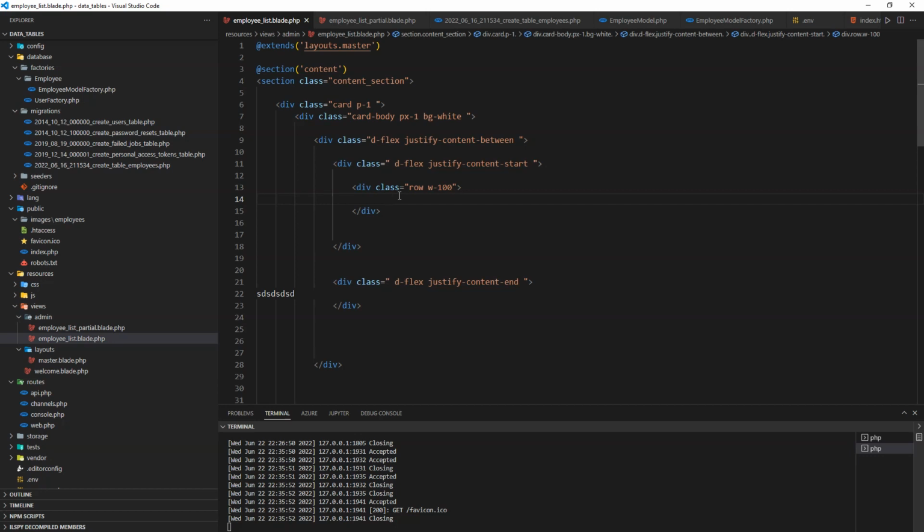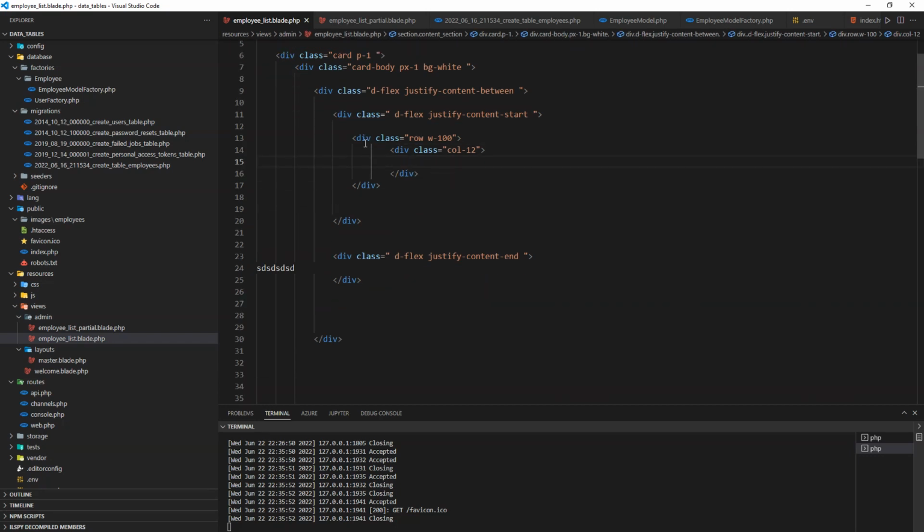And now I'm going to have a column. Let's say I'll have a column 12, if the width is very small. It means if we're in a small screen, it will just take 12, and I will have a margin bottom of 1,